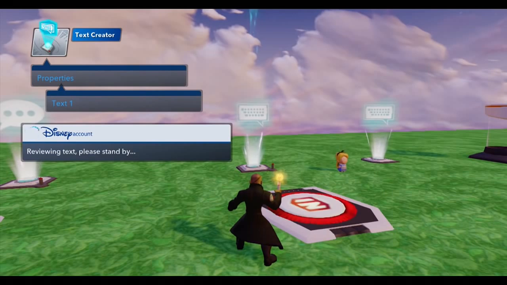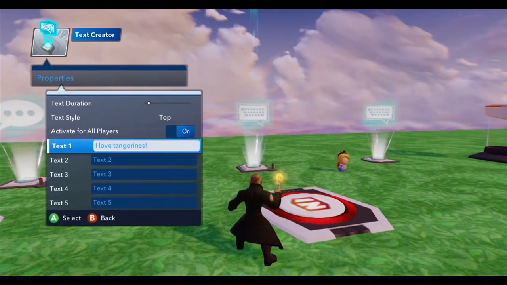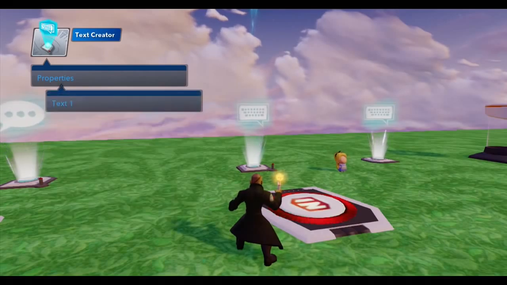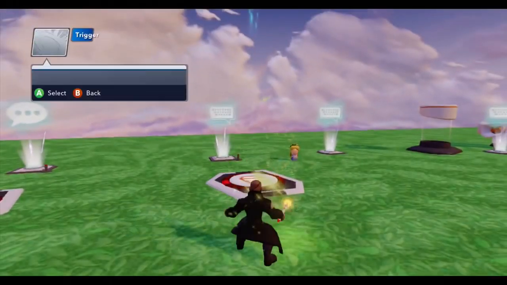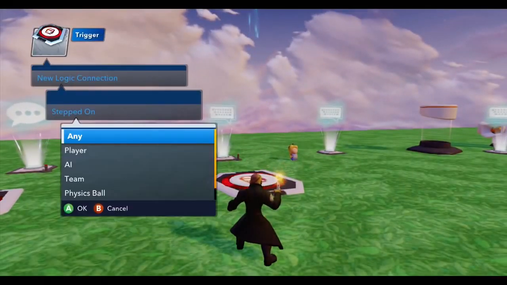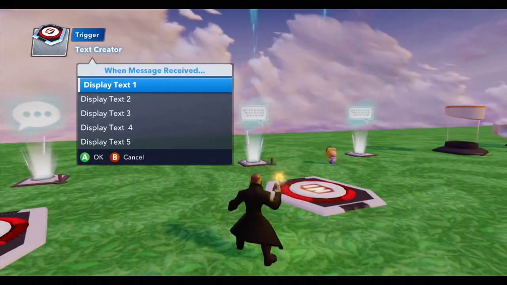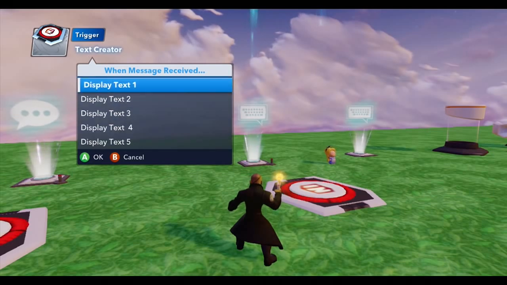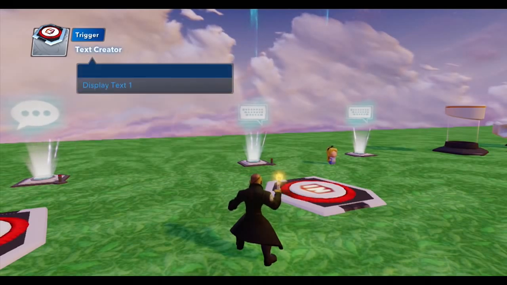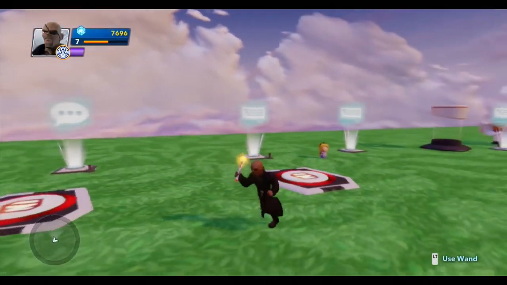And then the system actually checks it to make sure there's nothing inappropriate in your text, and then we're good to go. Alright, so now we're going to attach this trigger to the Text Creator toy. Logic connection, stepped on, any. And you'll notice here that we have a few different options. You can have it display text 1, 2, 3, 4, 5. Obviously we want text 1 to populate. Let's do that. Now when I step on the trigger, I love tangerines, and it's done in the banner style